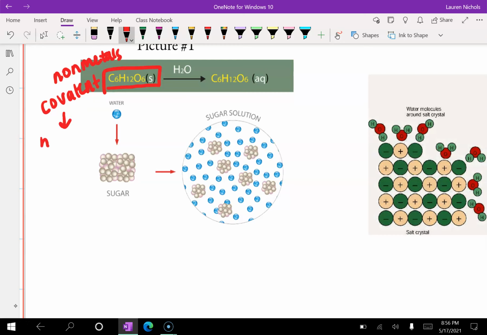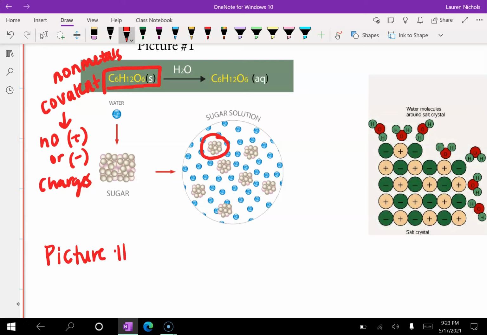It also means that there are no positive or negative charges. So because there are no positive or negative charges, the water is just going to be random. We're not going to see positive and negatives in the water. And so here we see that the water molecules are all surrounding the particles and they're separating. So we can say that picture number 1 shows solvation